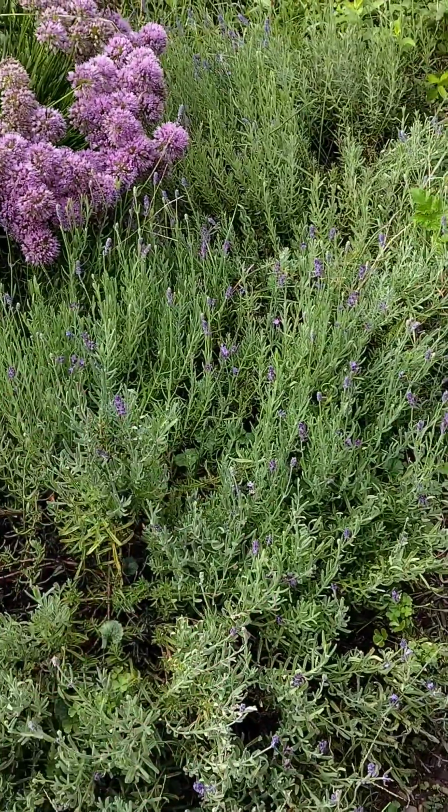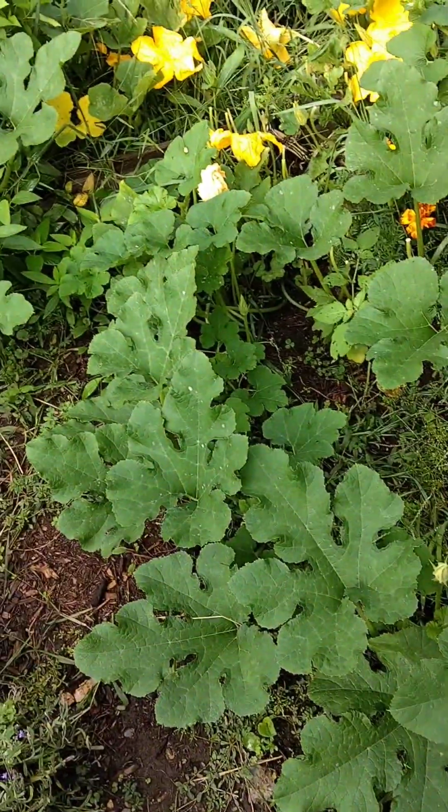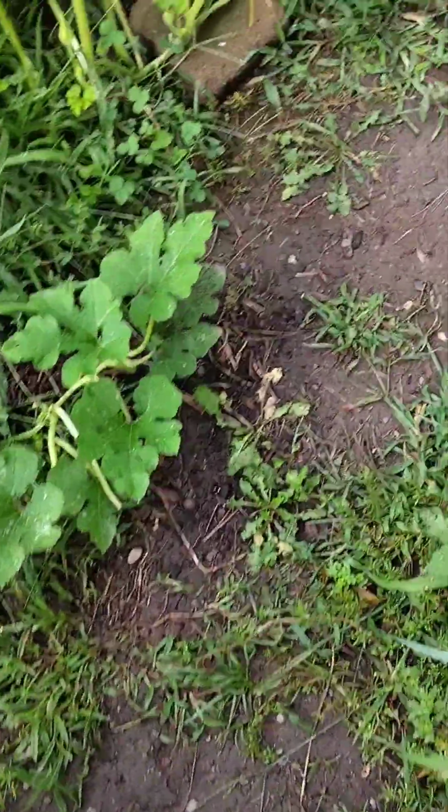My lavender's finally doing really well again since I pulled all of this up. So that did produce one tiny little deformed watermelon, but because I planted things so late in the season as well,